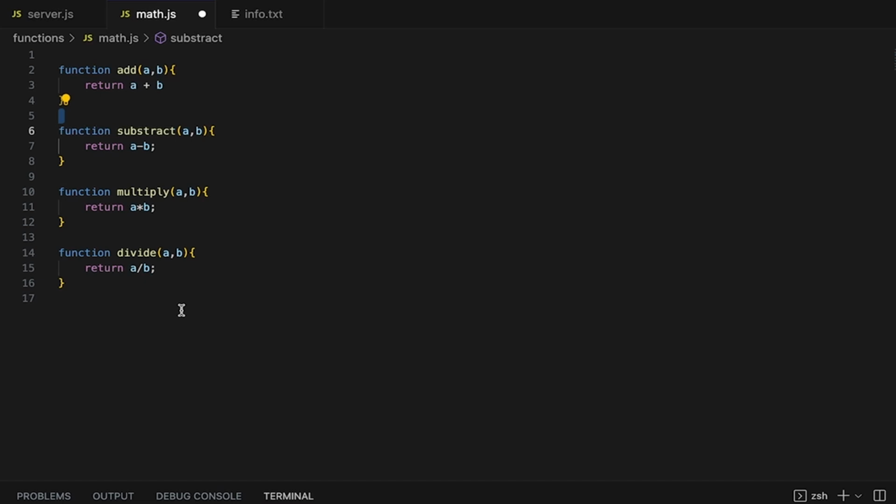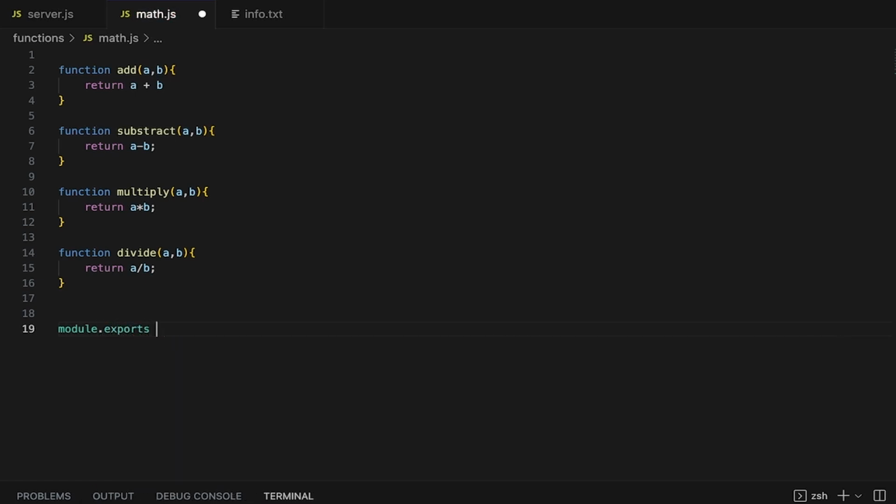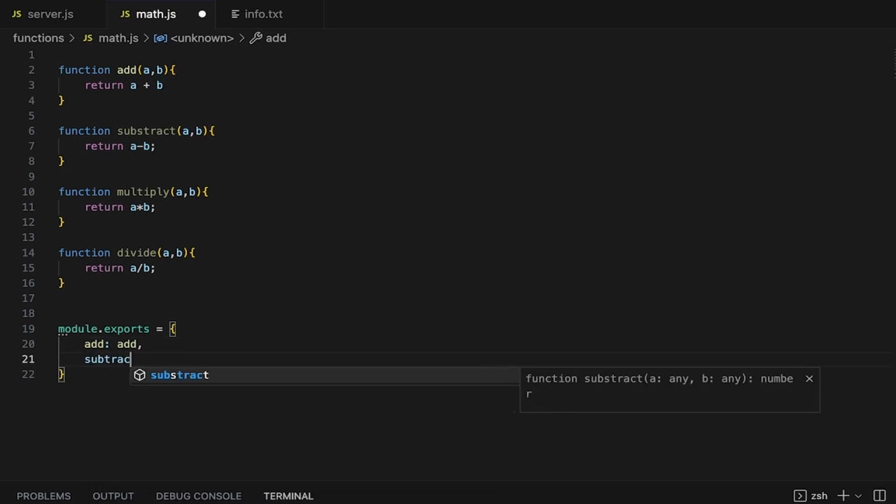And to be able to use a function in a module, we should be able to export it. And this is very important because you may not want certain functions to be exported out of your file, or you may want all functions to be exported out of your file. So how do you make that work? There's a very simple way to do this. Of course, you can just say module, which tells Node.js that you want to export these functions in this file or module dot exports, and you make this equal to an object literal that says add to add, subtract,